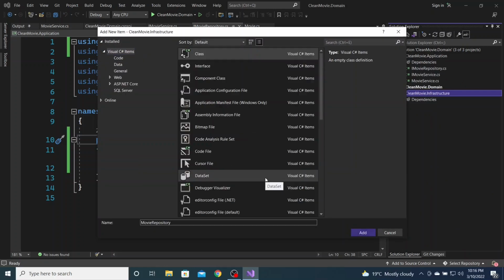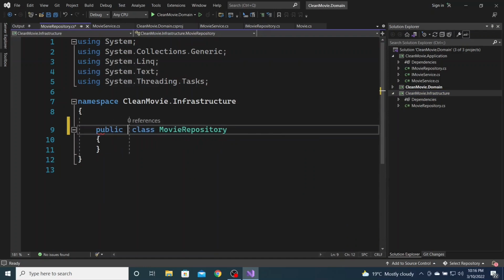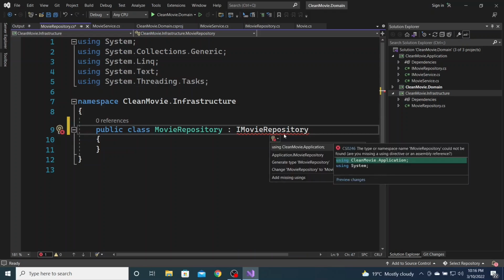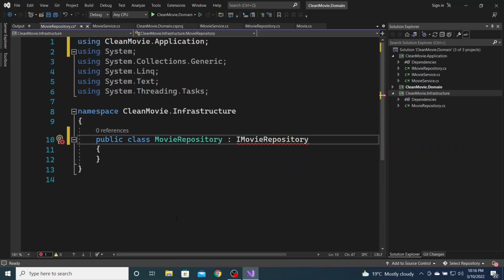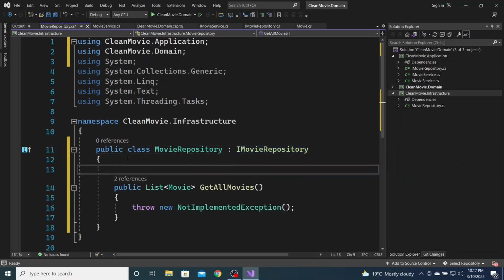All right, and make sure that MovieRepository now inherits from IMovieRepository. All right, and then bring that in, and it will need to do something. Okay, so in this video we just want to see what the clean architecture is, not really data access. I'll do Entity Framework in the next video. Okay, so we're gonna have